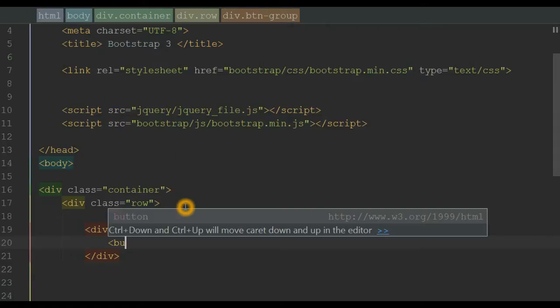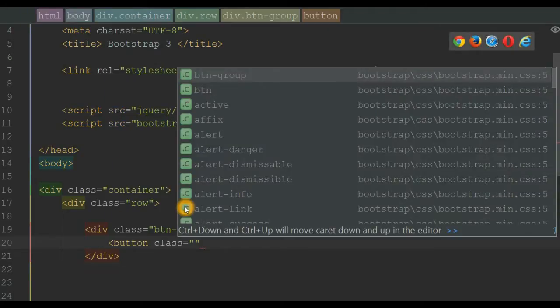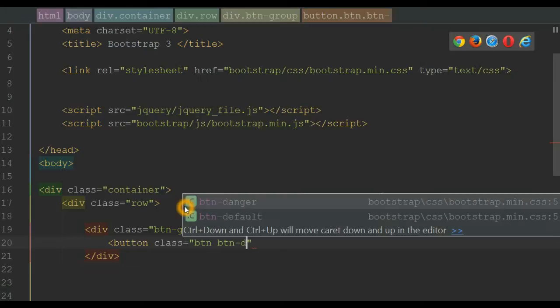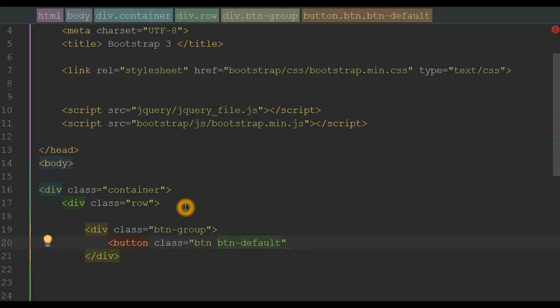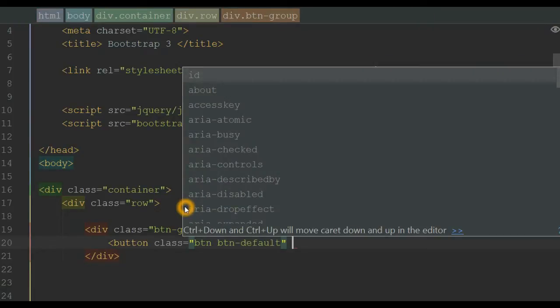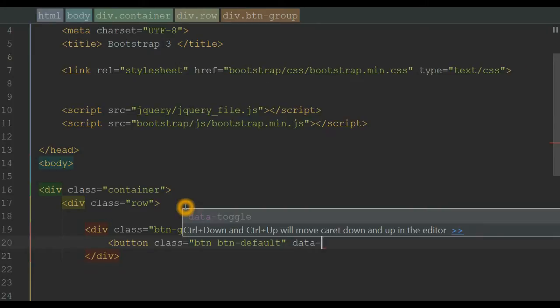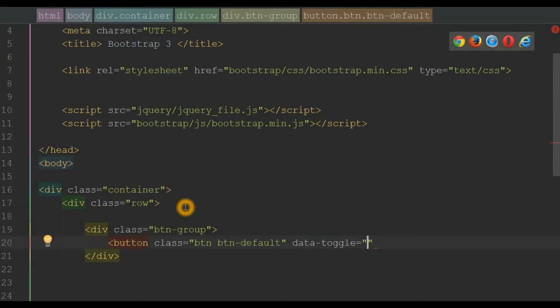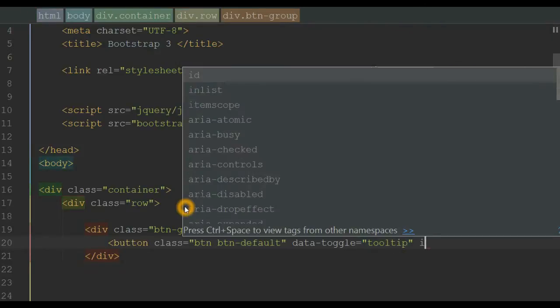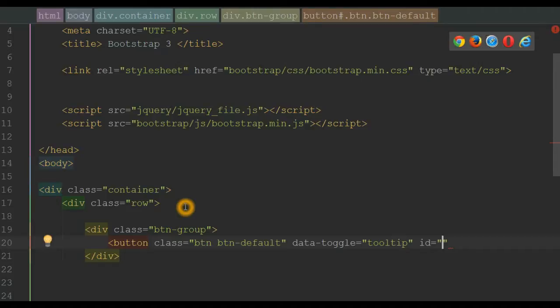Let's create the first button with class btn, and I'm going to use the btn-default class, and inside this button we have to use the data-toggle attribute, which is going to be tooltip because we want the tooltip plugin. And inside this I'm going to use an id, which for the first one is file id,